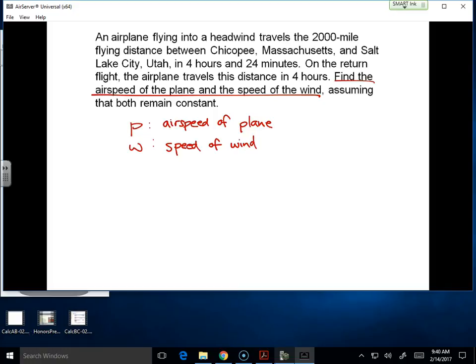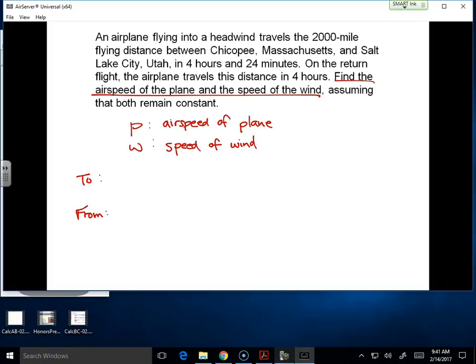We have two different flights, right, guys? We have to and we have from. We can think of we have the trip away and the trip home. So,